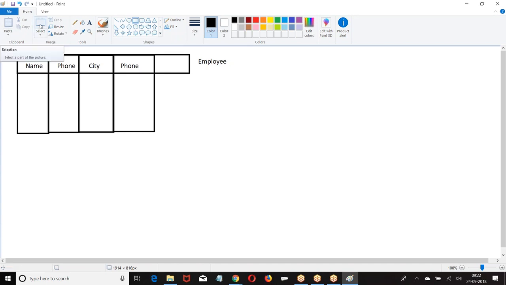Now, how many types of fields are there? There are 2 types of fields. One is the standard field, the second one is the custom field. Standard field means anything that is created by Salesforce. If you create it, it is custom.